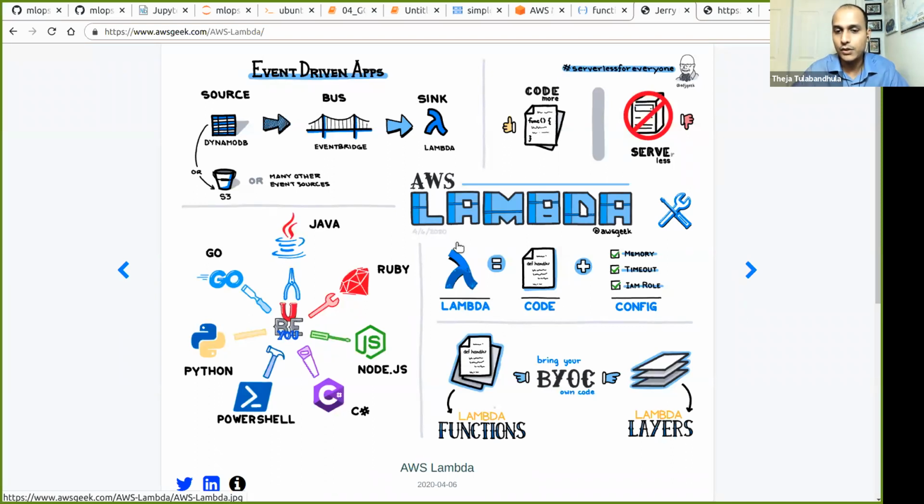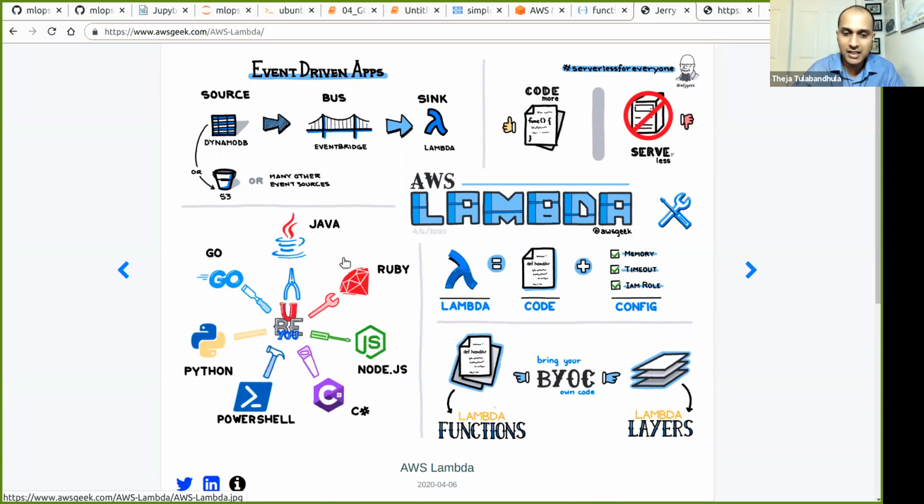So you just focus on code and configuring. There's some configuration that you need to do, like, how much memory would my Lambda function need? Memory as in how much space does the function need, like 256 MB or 1 GB, and some permission stuff. So basically you just define your code, which is your function, just like Cloud Functions where we define the predict function, and the configuration.